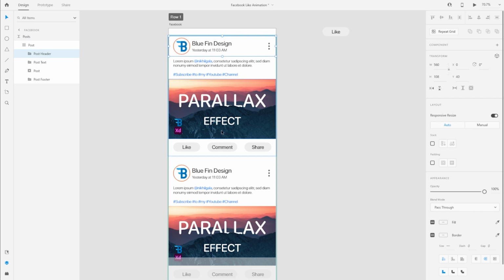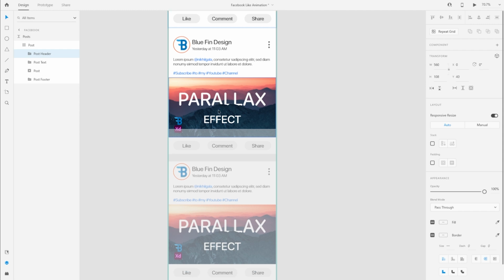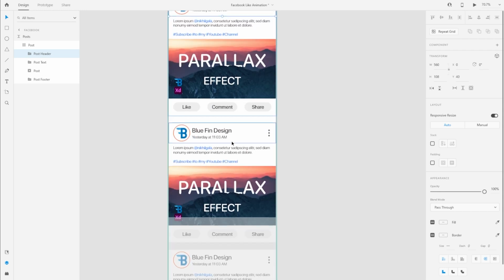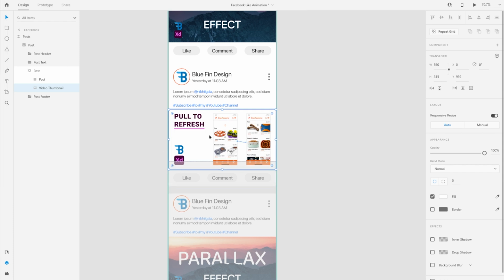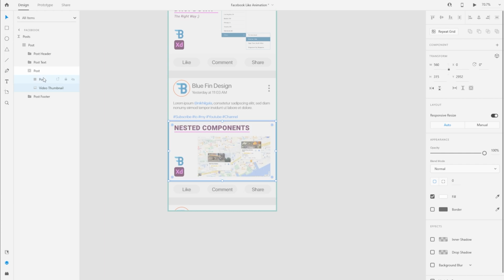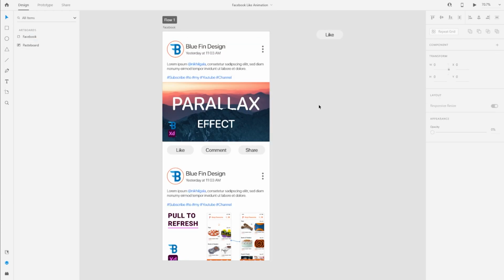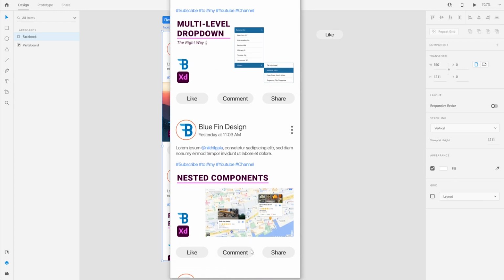Now in your designs, you can actually make changes to this repeat grid and the individual posts within it. So for example, this is the first post, this is the second post, but I can still make changes to that. I can change the images, the graphics, or even change the captions or the date and time. But I'm just going to show you by changing the graphics. So I've made the necessary changes, and here's the moment of truth. I'm able to scroll down to all the posts, and then